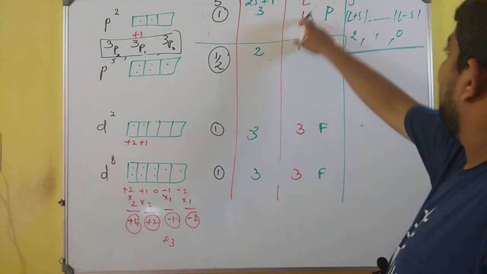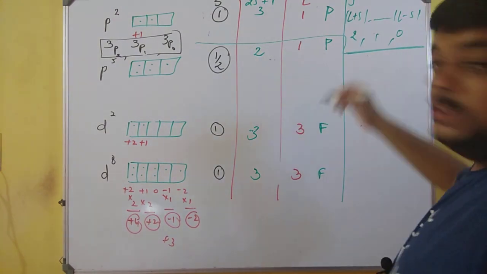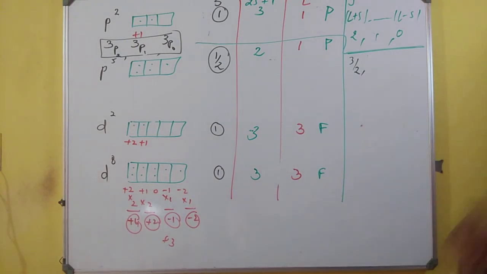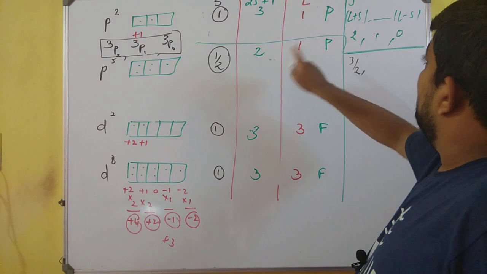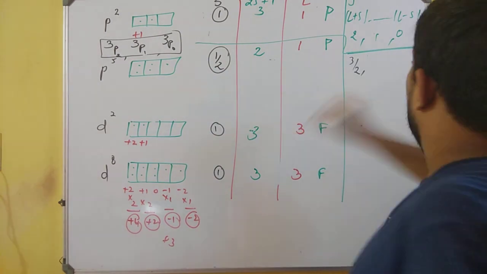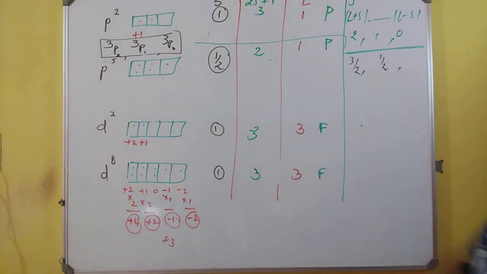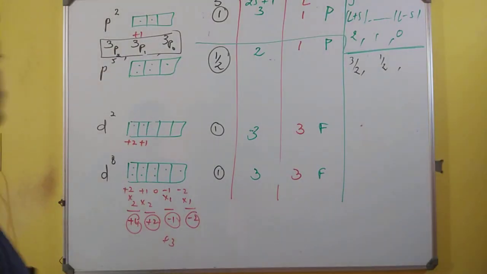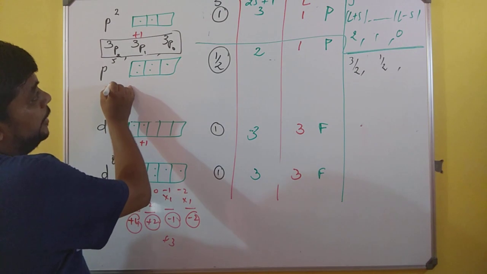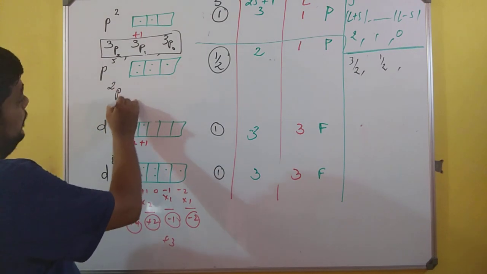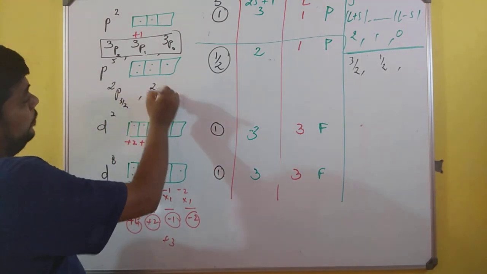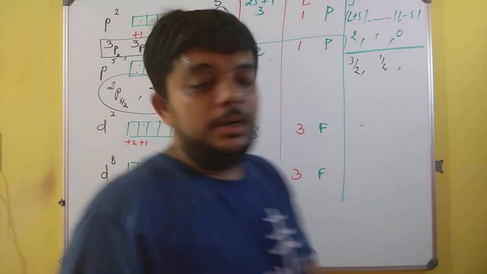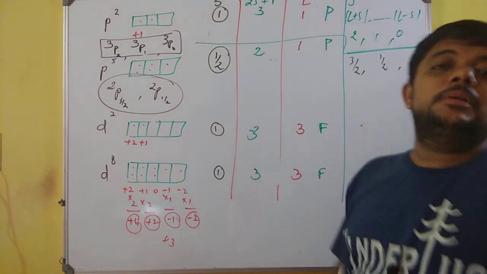Coming to the second one, over here the value of S is 1 by 2 and the value of L is 1. So it is 1 plus 1 by 2, it would be 3 by 2. And remember again, 1 minus 1 by 2, so it would be 1 by 2. So there are two possible values, 3 by 2 and 1 by 2. So I'll very clearly mention over here, it will be 2p 3 by 2, 2p 1 by 2. I said earlier only, we are writing all the possible states.